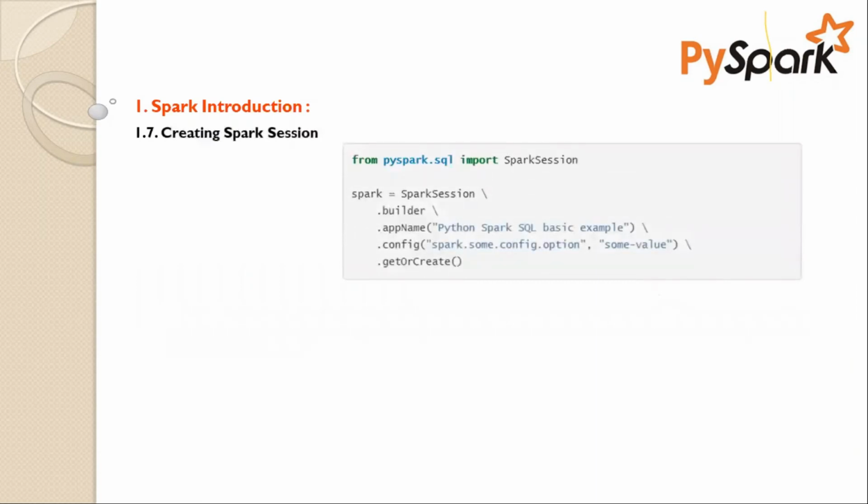So then, how to create a Spark session? In real time, we have to use editors to create these programs, and we won't use the command prompt directly for execution of real-time jobs. We will use jar files or .py files to execute real-time Spark applications. In that case, Spark session is not inbuilt. We have to create an object out of SparkSession.